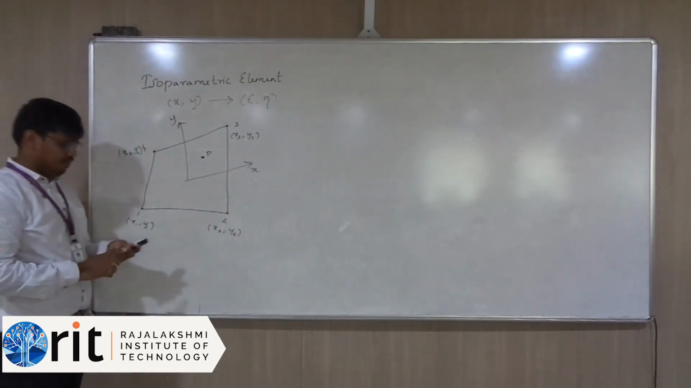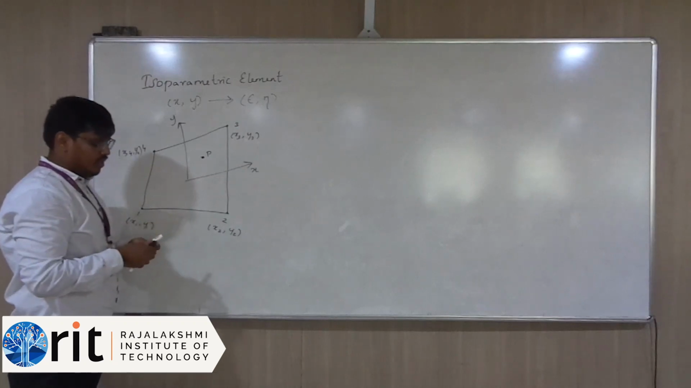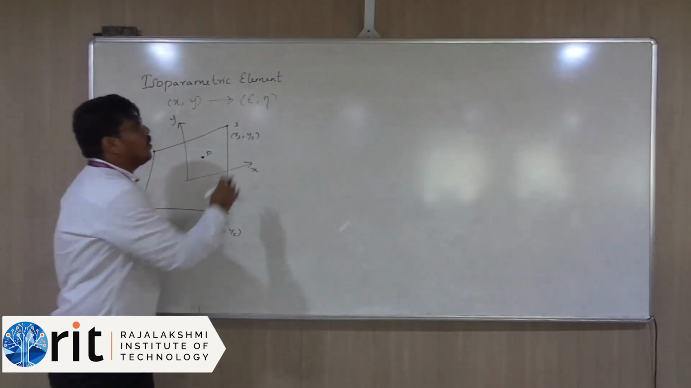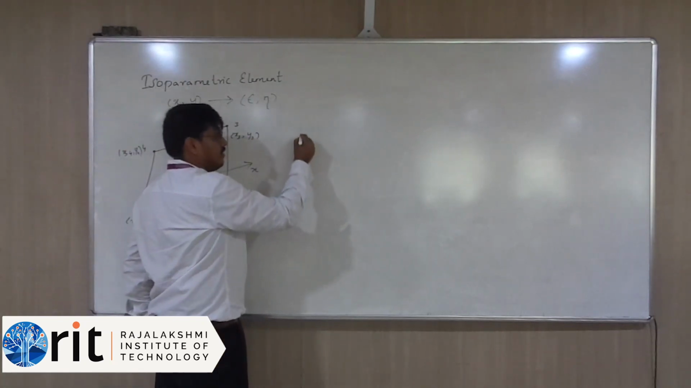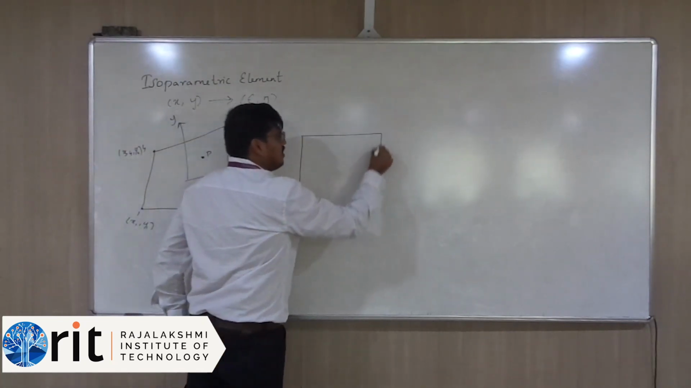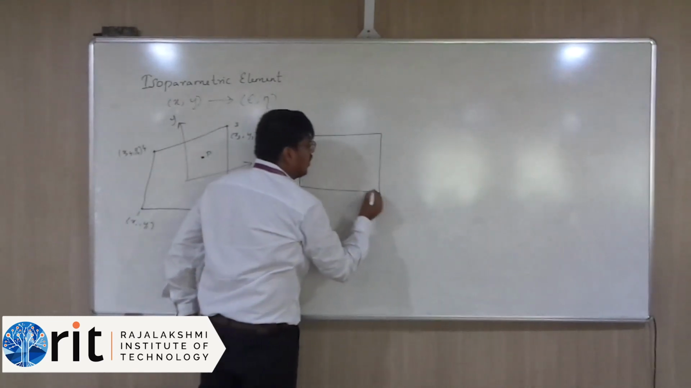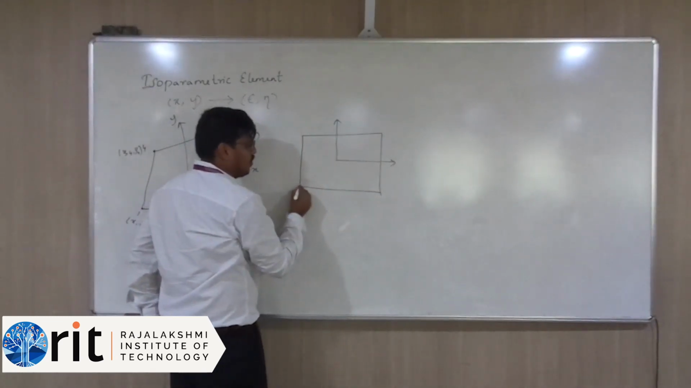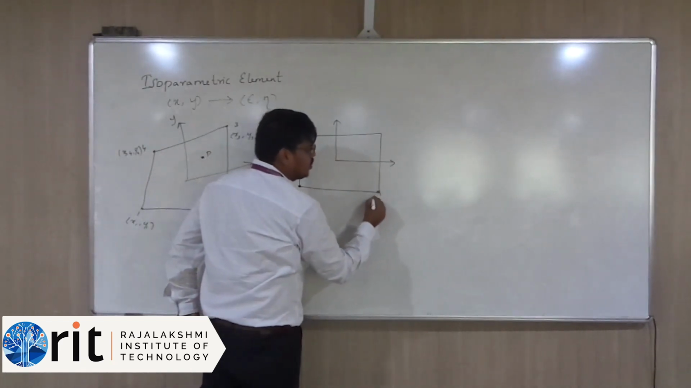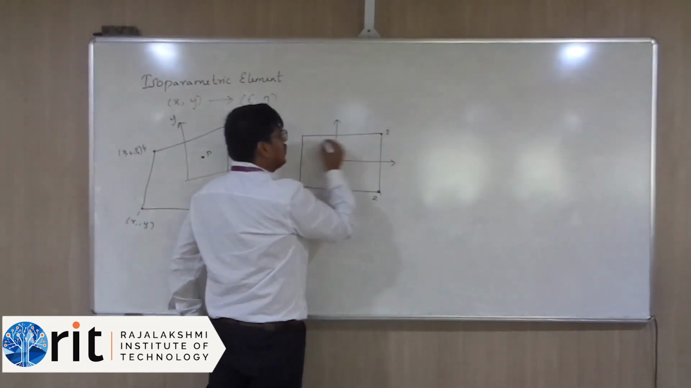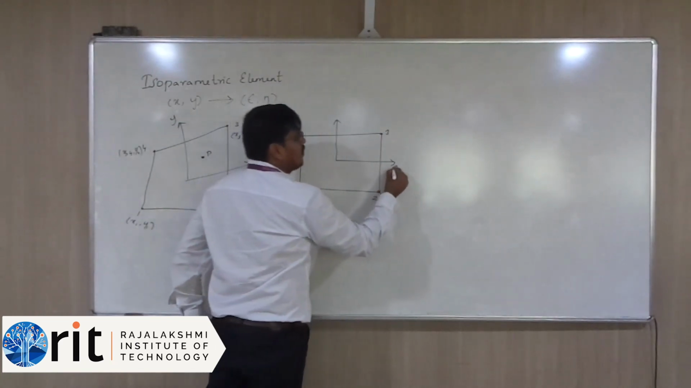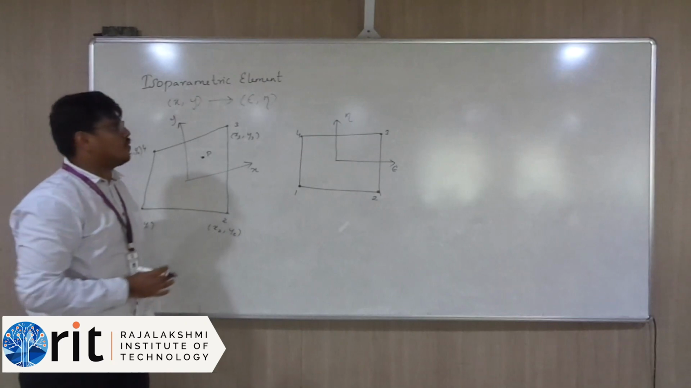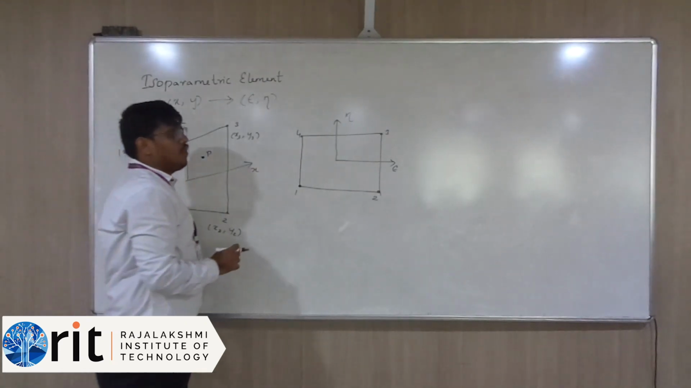4-noded element. Now first I am going to do the transformation. I am going to transform this xy into the local coordinates epsilon and eta. Once it is converted into epsilon and eta, we similarly have nodes 1, 2, 3, 4, but in terms of epsilon and eta. We already know that the advantage of the natural coordinate system is that the values of the nodes range